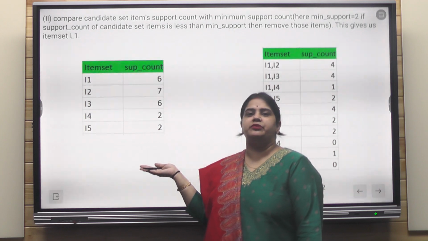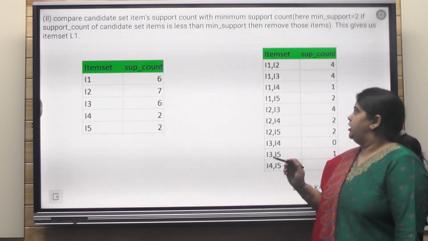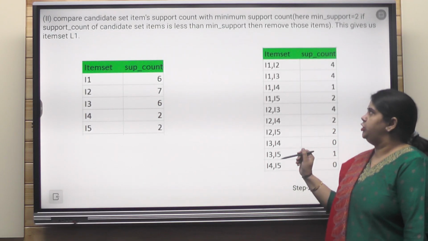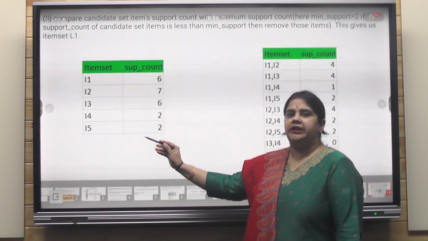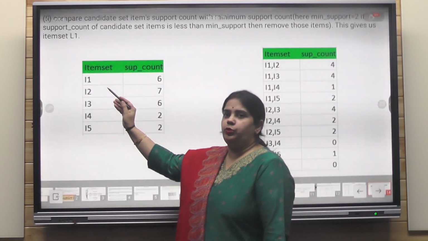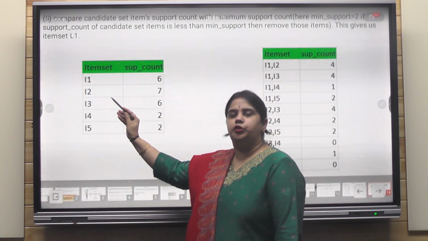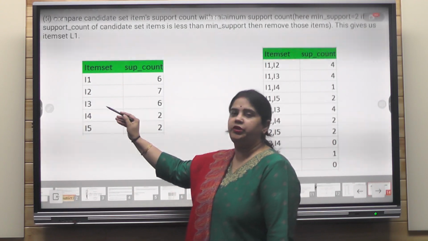Let's see how to generate the next C2 table, or the candidate table. Now class, in this case, whatever elements are given to you, we are going to create its subsets. The subset will be of length 2 items. So how many elements are there? 1, 2, 3, 4, 5.